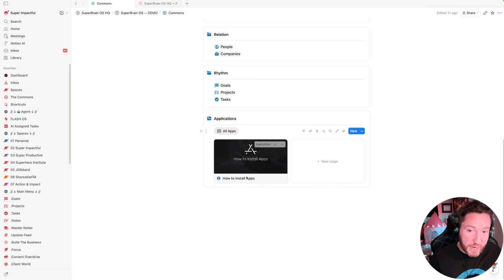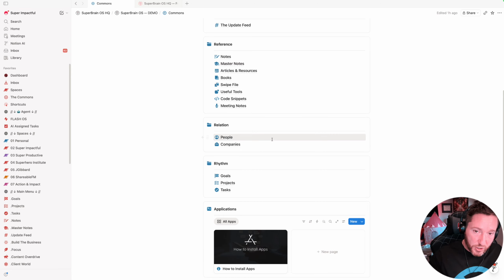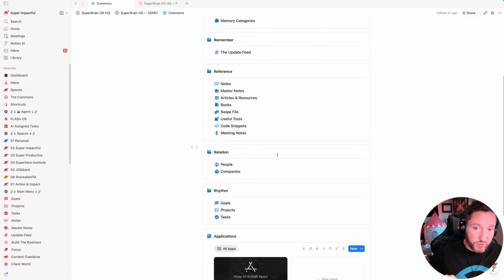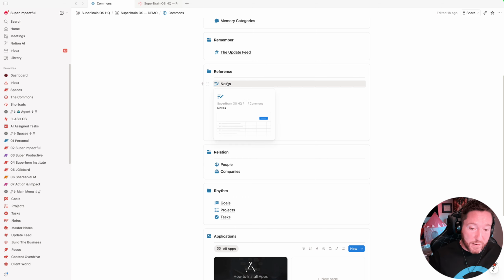And then in the SuperBrain, I built in applications, and this is so that the platform itself is expandable. You don't have to clutter up your commons with tons and tons of stuff, but if you wanted to have like a database around travel planning or dining or meal planning, you could put them all inside of apps as sort of their self-contained workspace for doing a certain thing. But these are the databases that are held in common that you then connect to those different apps to give them context and to be able to store things centrally. You connect everything to your notes database, and through those relationships, you're able to see what those notes are related to.